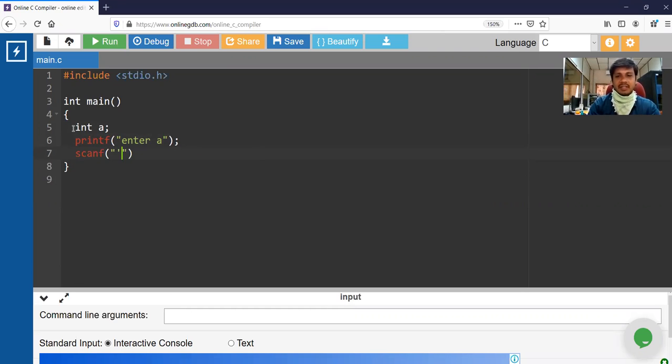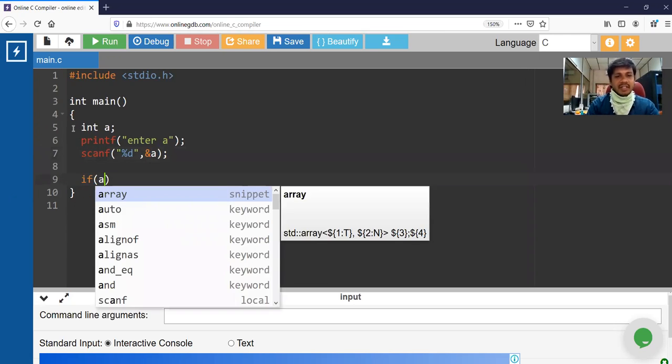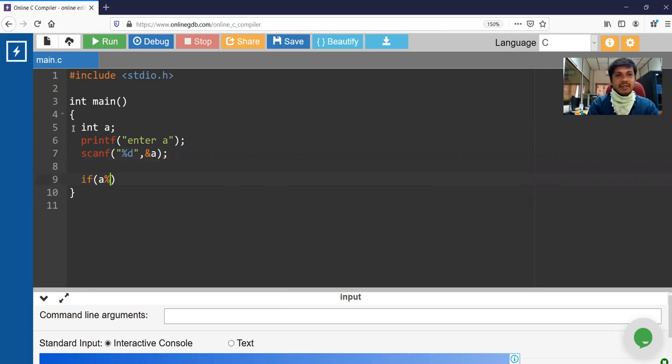Since it is an integer, you are supposed to take percentage d. Percentage d stands for decimal integer, o is for octal integer, x is for hexadecimal integer. So percentage d, I am dealing with decimal values. So address of A. And our logic to find whether the given number is even or odd is using the modulus operator.